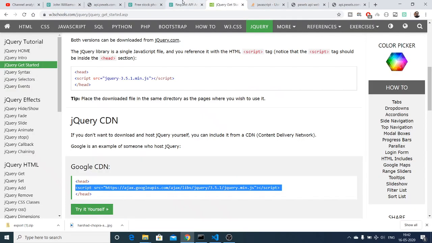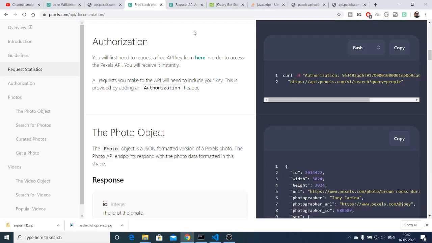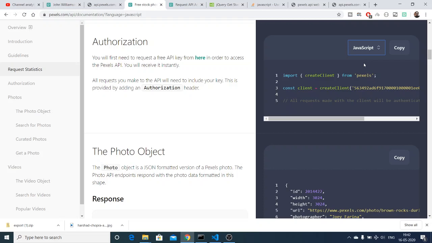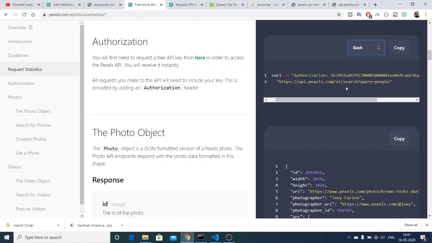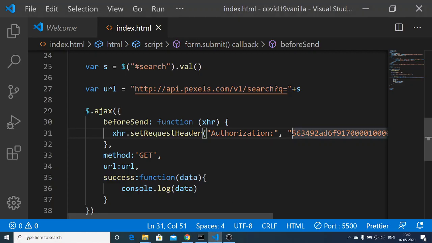Let me just see. Let me select JavaScript here. I think we need to remove this here.